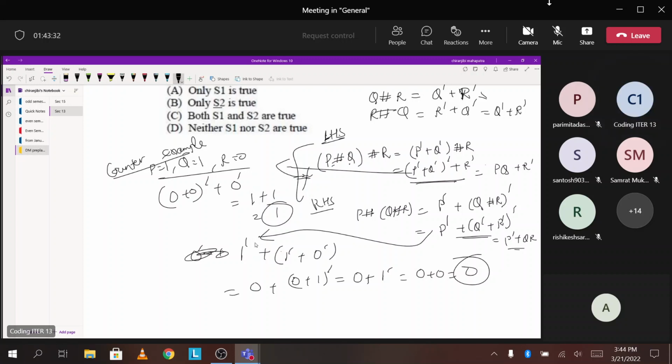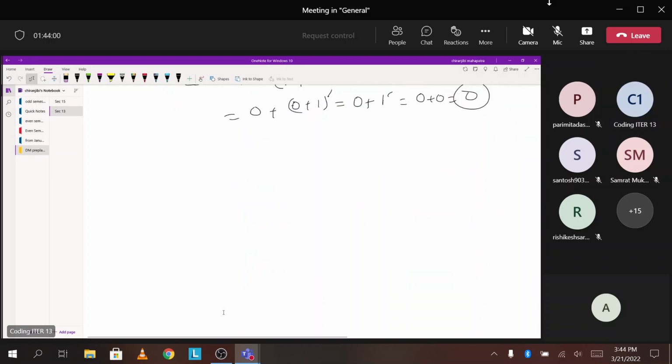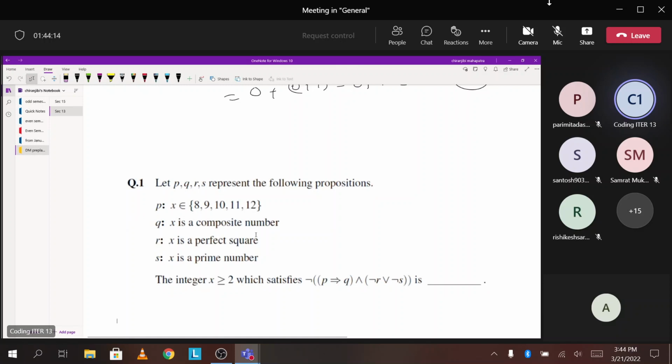ओके, सो ये डिफरेंट मेथड्स हैं इसको सॉल्व करने का। कोई डाउट है किसी को? ओके, दिस वन ऑल ऑफ यू ट्राई टू डू इट। मैं 2 मिनट्स दे रहा हूँ, तुम लोग पहले ट्राई करो, फिर मैं सॉल्व करूँ।